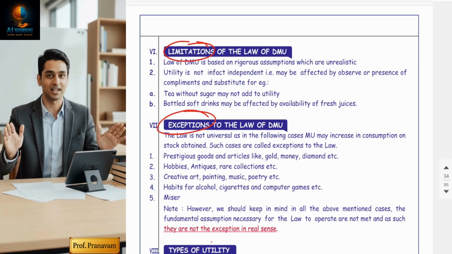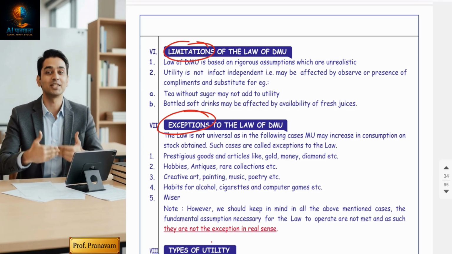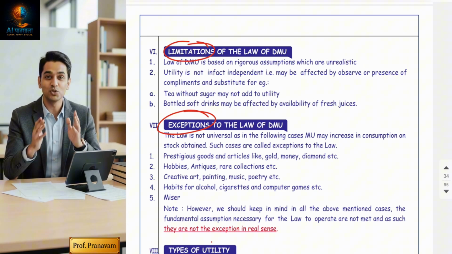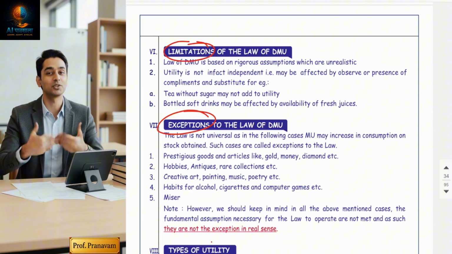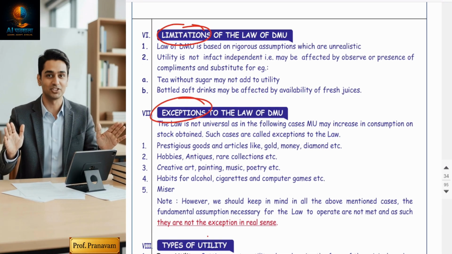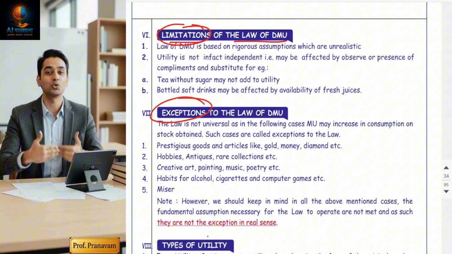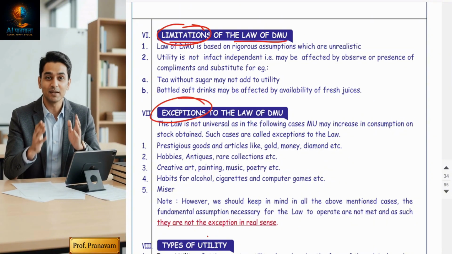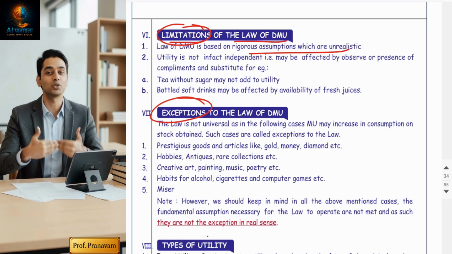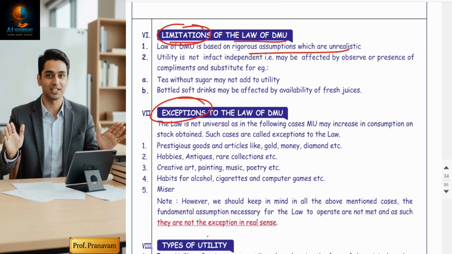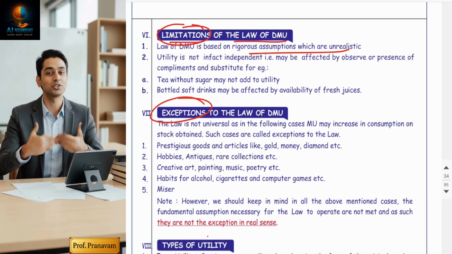Okay, so guys, after assumptions, obviously whenever you read any law, there are always exceptions and limitations. Criticisms are always there in this world. People's job is to criticize, right, everything. So criticisms are always welcome. There are certain limitations of the law. There are two limitations basically. Now, assumptions are rigid and unrealistic, guys. This law is based on assumptions which are totally rigid and unrealistic. This is the first limitation. And the second limitation is,